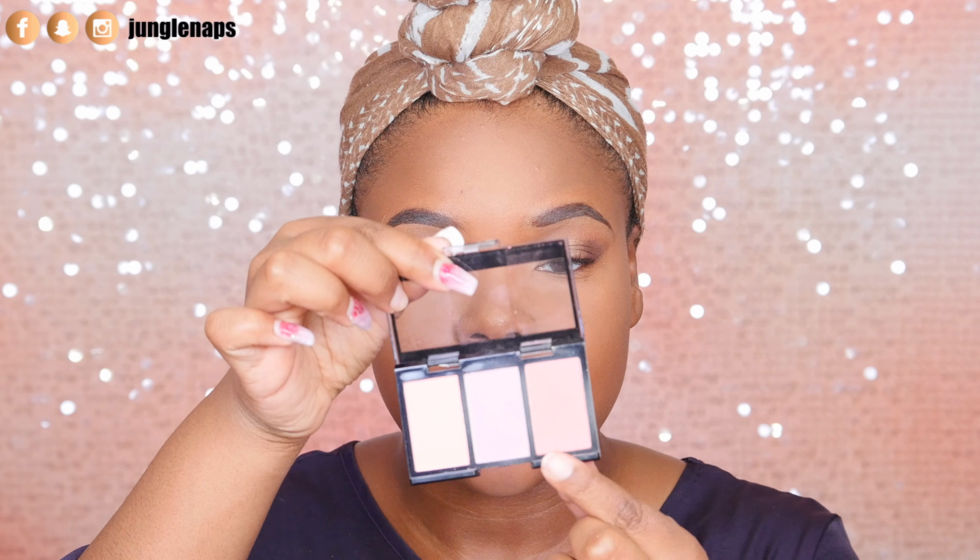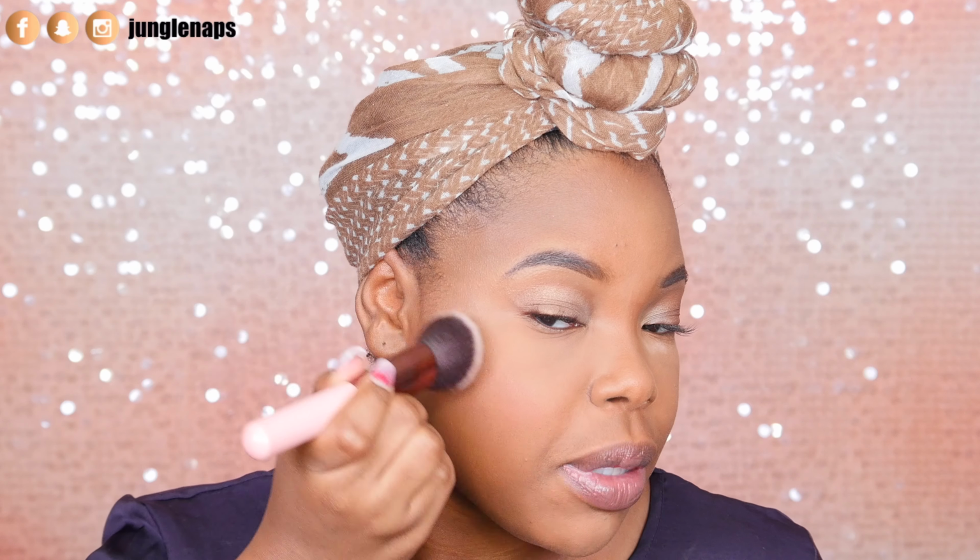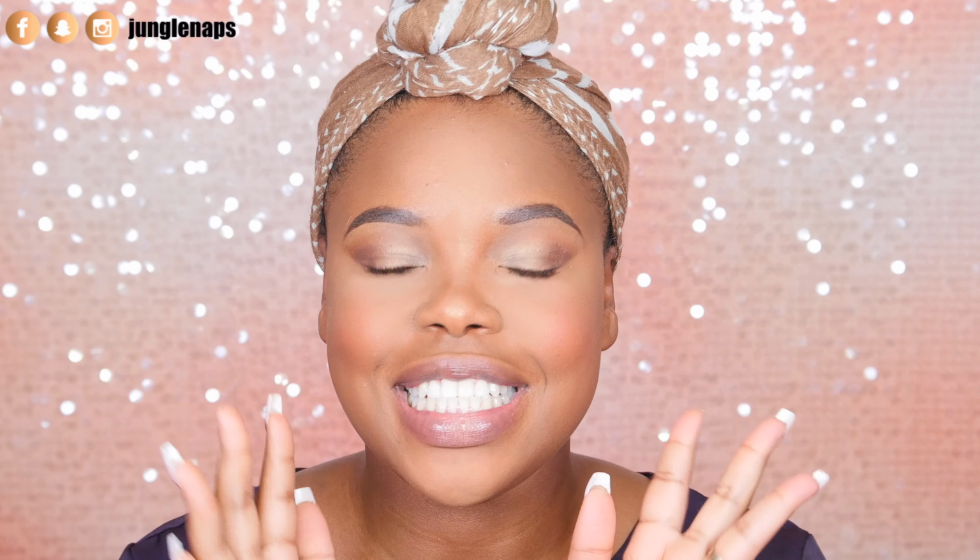And for my blush, you guys, I am obsessed with this City Colors blush trio. I got it in my Ipsy bag, but this purple color, Blackberry, in the middle, is everything. I'm telling you, it is everything and a half. And you see I'm gonna blend it into my highlight up at the top to make it look really flawless. All right, so now that I've got my nice rosy cheeks,